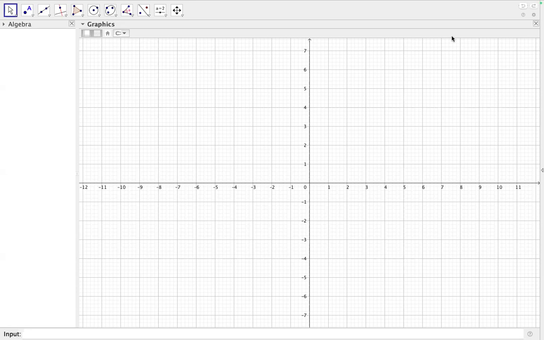In this class, we want to look at the cloning of triangles. There are various ways you can clone a triangle. So we are going to start by first inserting a triangle into our GeoGebra worksheet. Using the polygon tool, we can insert a triangle